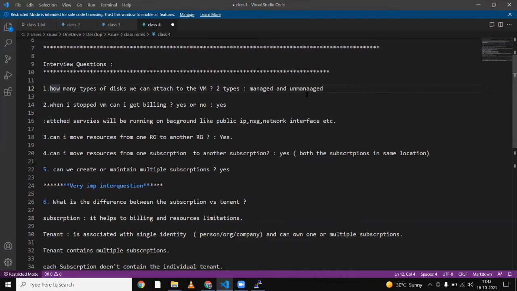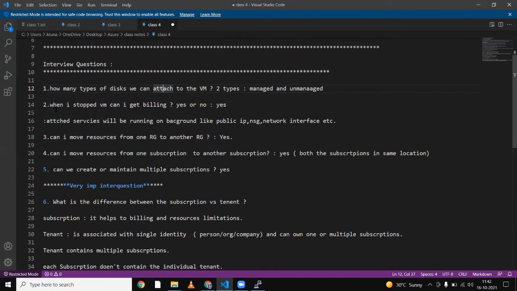Unmanaged means we are making our own storage account and storing all our data there, so we are handling it. Managed means Microsoft Azure is doing everything. So two types: managed and unmanaged.